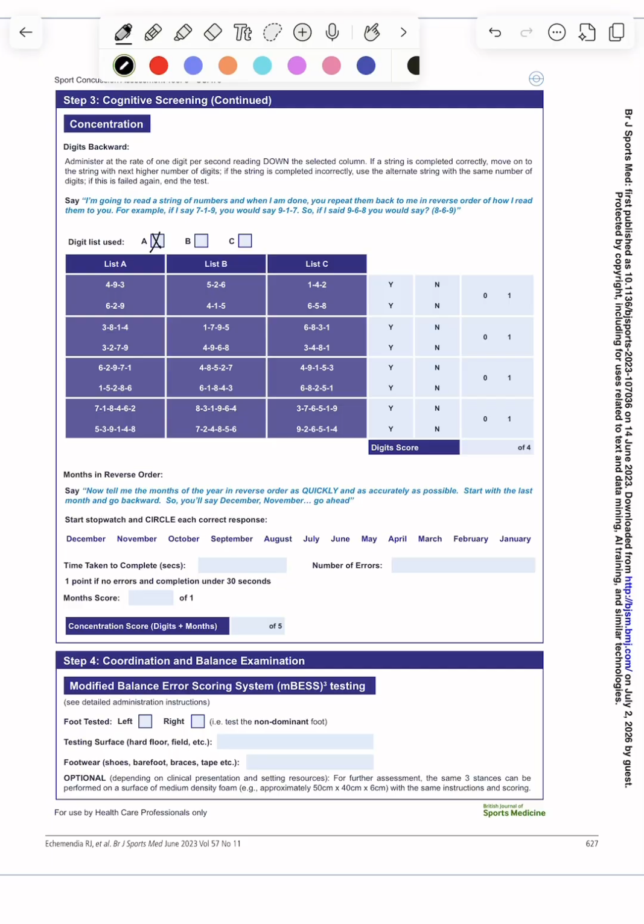I will now demonstrate how to do this assessment. Now I'm going to read you a string of numbers, and when I'm done, you repeat them back to me in reverse order of how I read them to you. For example, if I say 719, you would say 917. So if I said 968, you would say 869, correct. 493, 394,